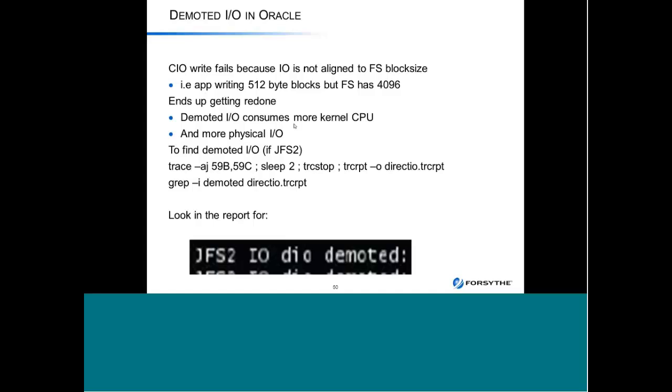You can see this with an application. If someone hard-coded a block size in the application, wants to write, for instance, 1K blocks, but the file system is 4K. Where I typically see this is with redo logs because they write a 512-byte block, and if you don't put them in a file system that has 512, you'll see a lot of demoted I/Os, but you can see it with applications. This causes a lot of kernel CPU, so it'll show up as % system,